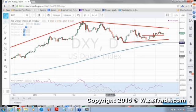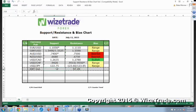97.20 and support, lows from Friday, which will be 95.45. Okay. We're in a range, 95.45. But remember, we may be in a range right now, but I want you to take a real quick